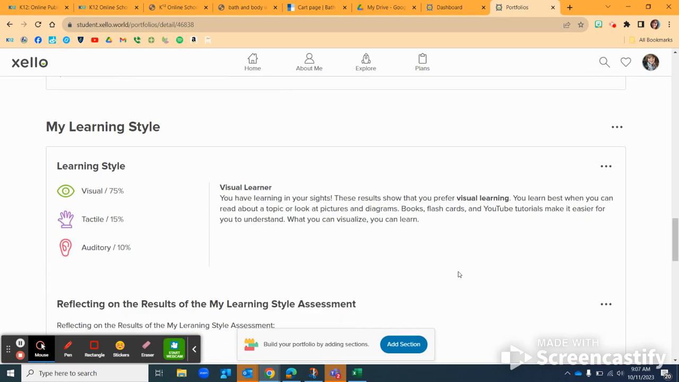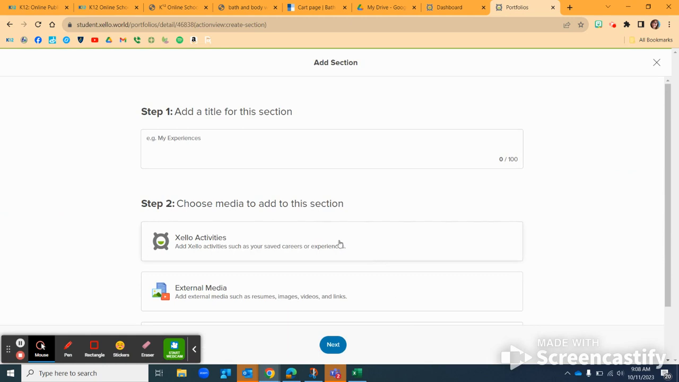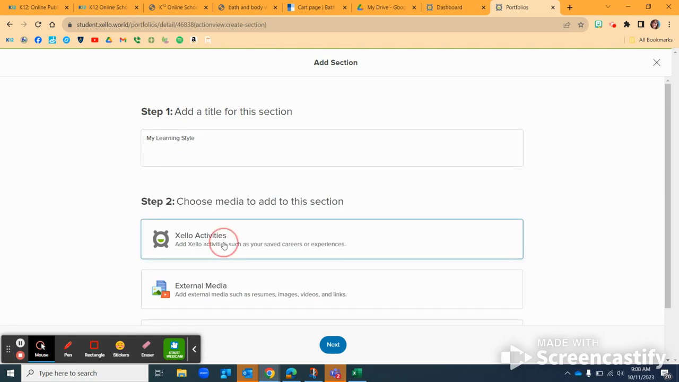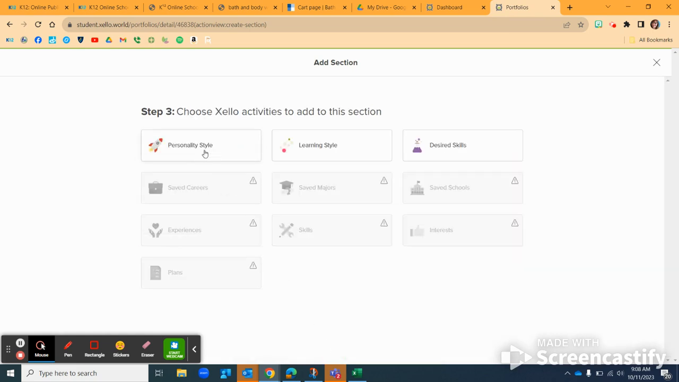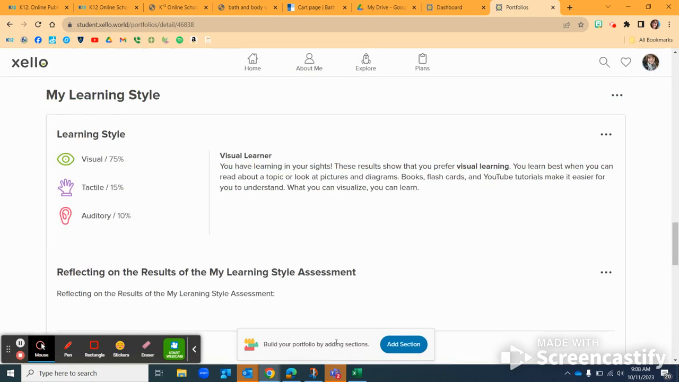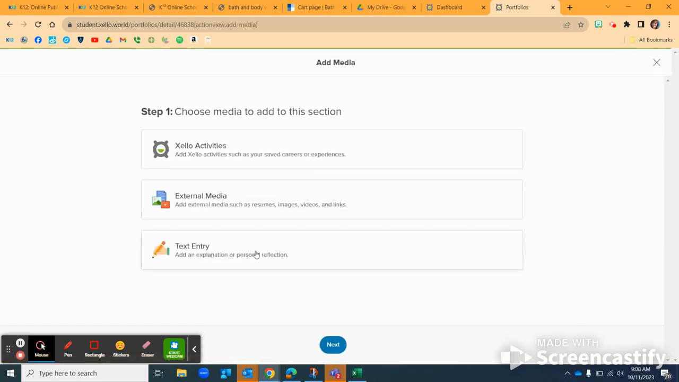Again, you're not free writing about what you think your learning style is. You're adding your Xello content. And again, I'm going to go over that quickly. Add section, title: My learning style, Xello activities, learning style, add to portfolio. Boop, it pops up magically. And then I'm going to reflect on that. So I've got to add media, text entry, next,